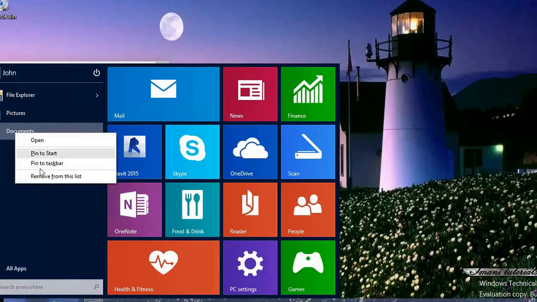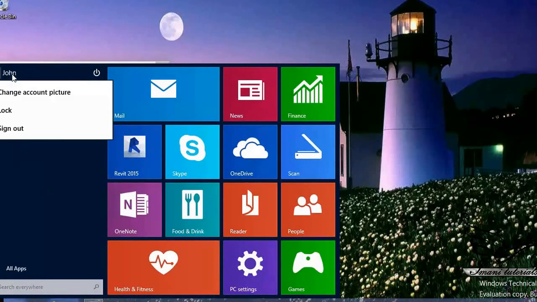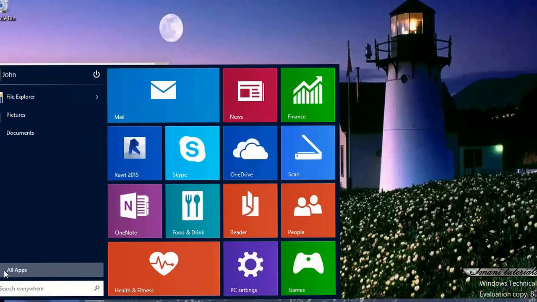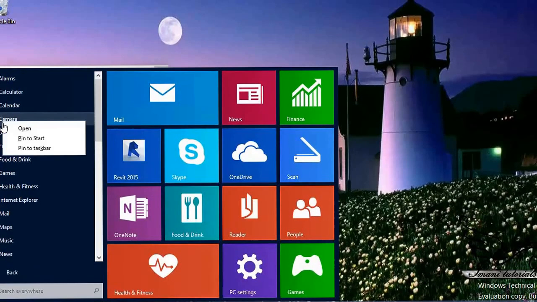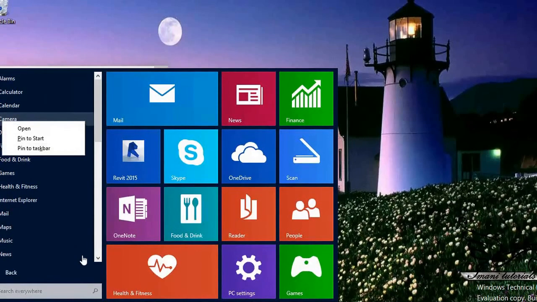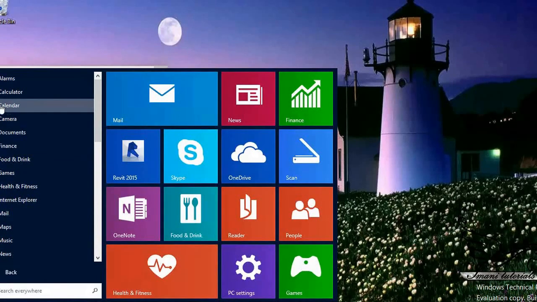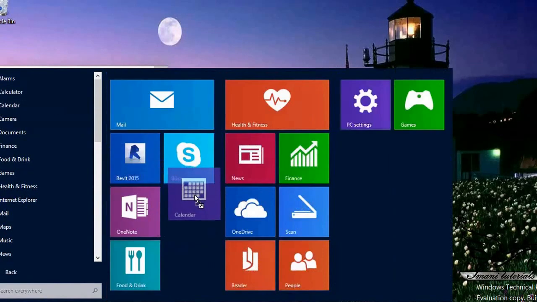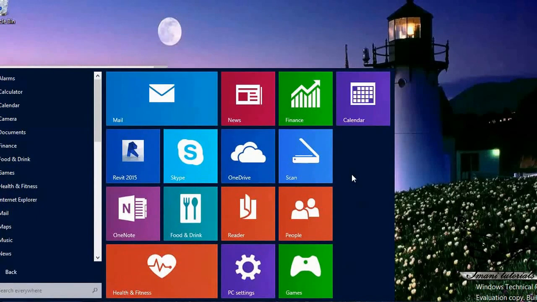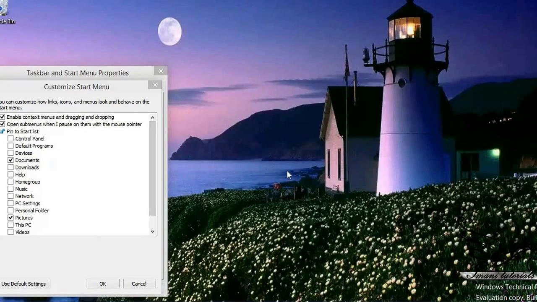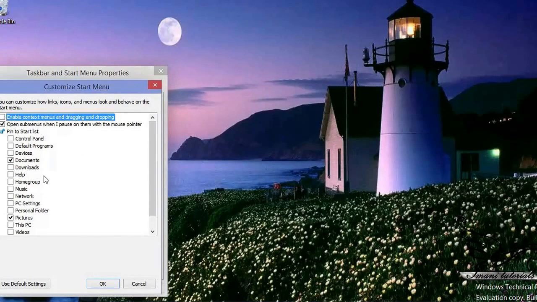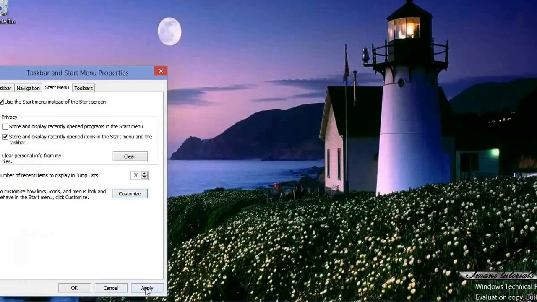I can see a context menu. I right click here and I see another context menu. I go to all apps and right click here. I see context menus here. And it tells me enable drag and drop. I can just go and drag calendar to the right side and put it somewhere I prefer. That's it. Now if I remove this and click on OK and click on apply,